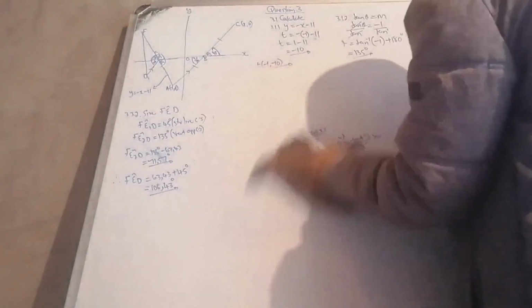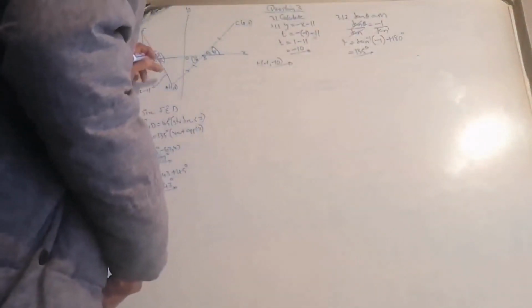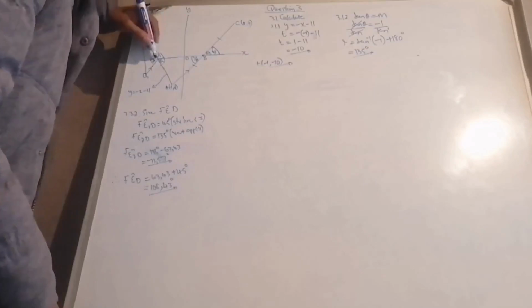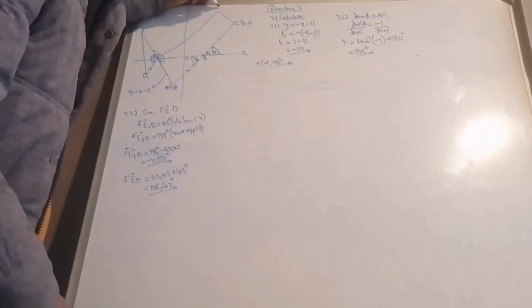Right. Let's continue and look at 3.4. They say G is a point such that EAGC in that order is a parallelogram. G is a point such that EAGC. So meaning EAGC should be something like this. So that must be